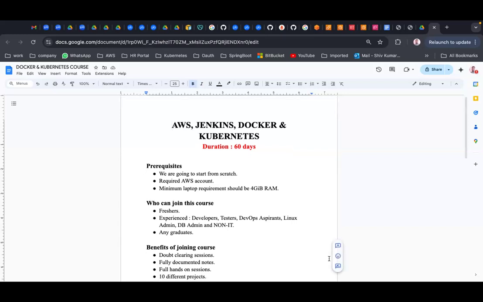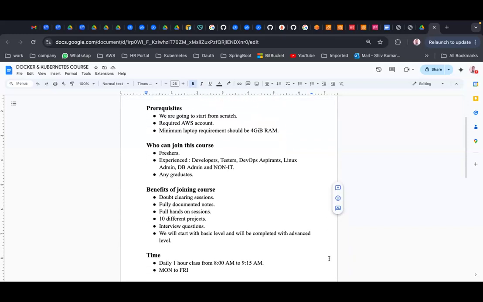Who can join this course? The freshers, because we are starting this course from a very scratch level. Experienced people, developers, DevOps aspirants, testers, Linux admins, and DB admins can join. IT students or any graduates who are freshly coming out can join this course actually, because